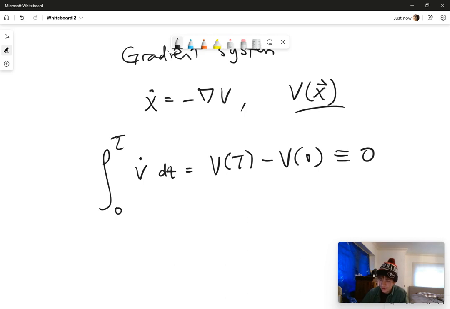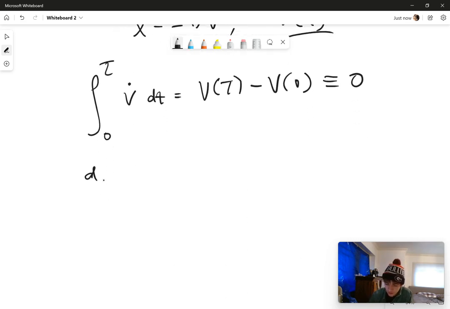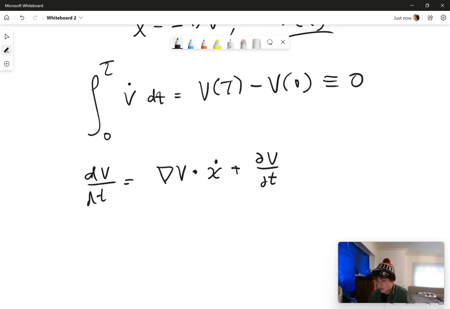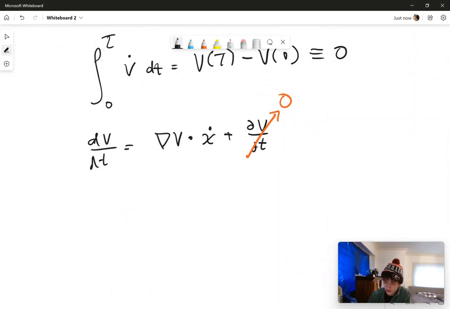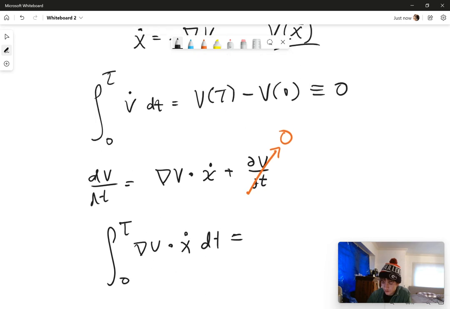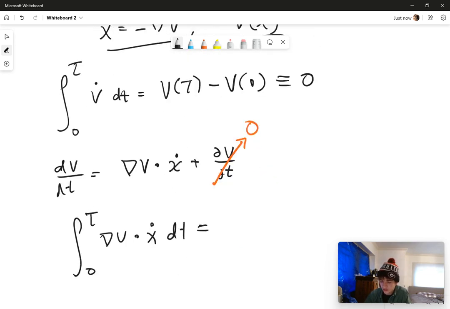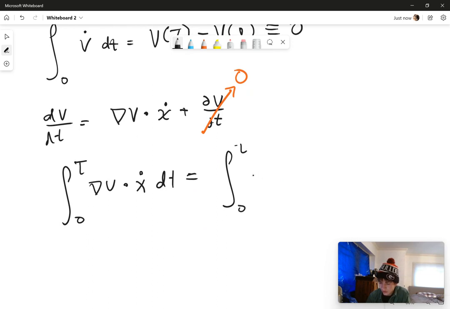Okay. However, let's expand V dot. dV over dt is precisely the gradient of V dotted with x dot, plus the partial of V with respect to time. And since V is a single valued function of position, it has no explicit time dependence, and so this partial derivative goes to 0. And so we simply have that V dot is gradient of V dot x dot. So we're going to have the integral from 0 to tau of gradient of V dot x dot dt. And then plugging in from the differential equation, gradient of V is just negative x dot. So this is just the integral from 0 to tau of negative x dot